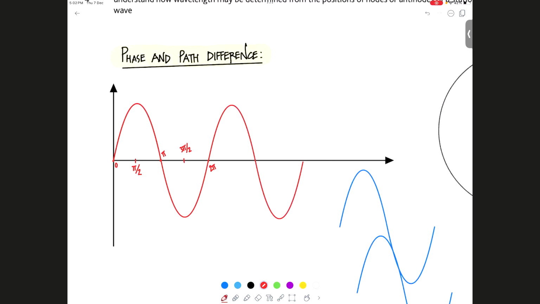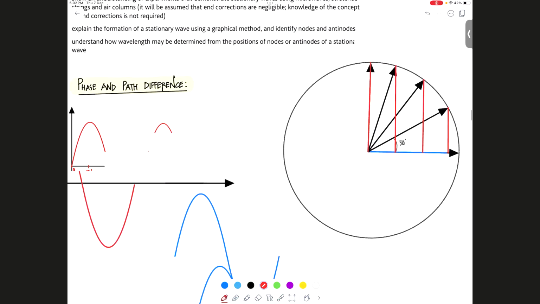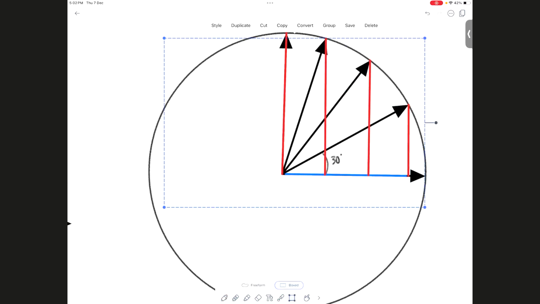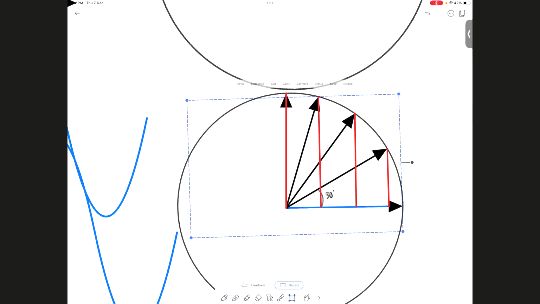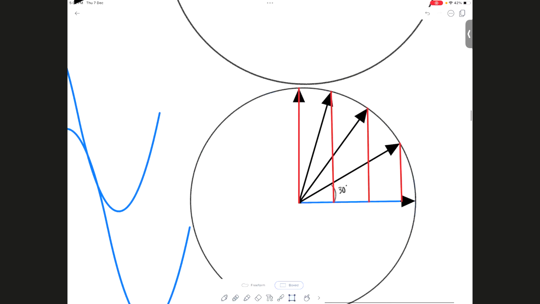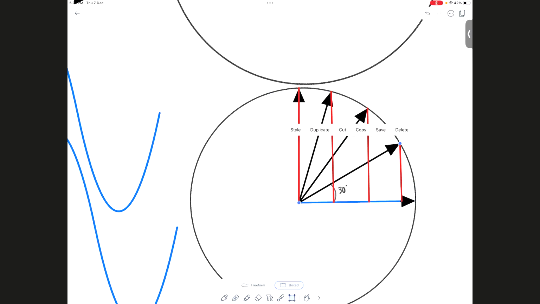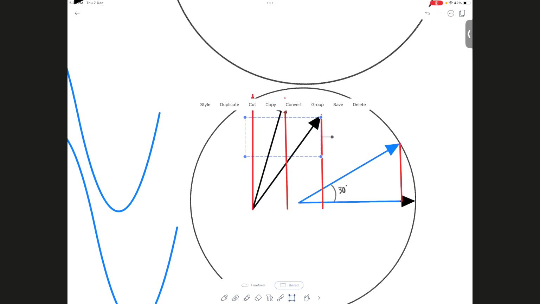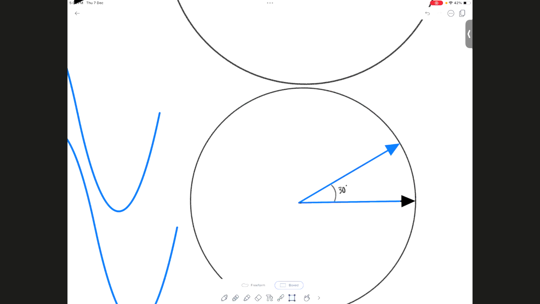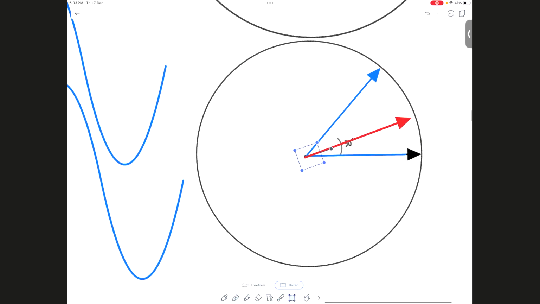Why are we using this? The reason why we're using this is I can now compare two waves using this diagram. Let me show you. I'll wrap up. So আমার যদি blue লাইনটা এটা হয়, okay, this is my blue wave, and I have a red wave here, okay? So blue and red, এই দুইটাকে যদি আমি হচ্ছে এভাবে নিয়ে I move them around,